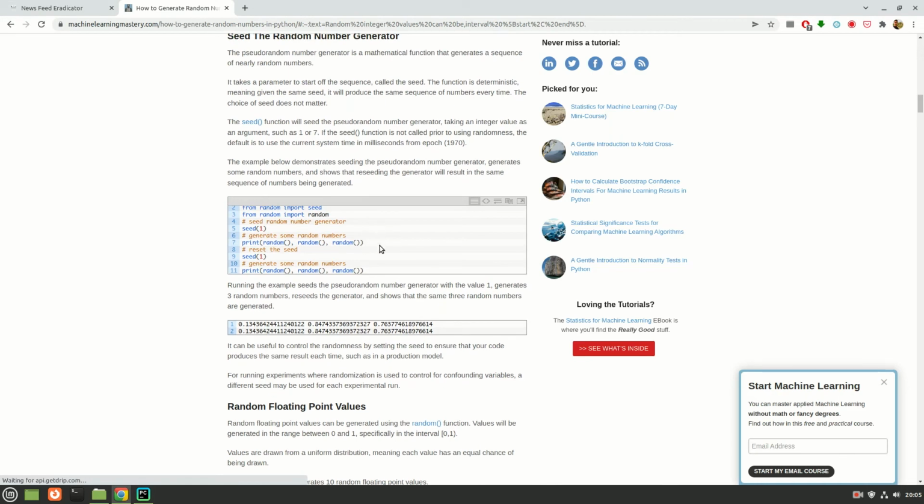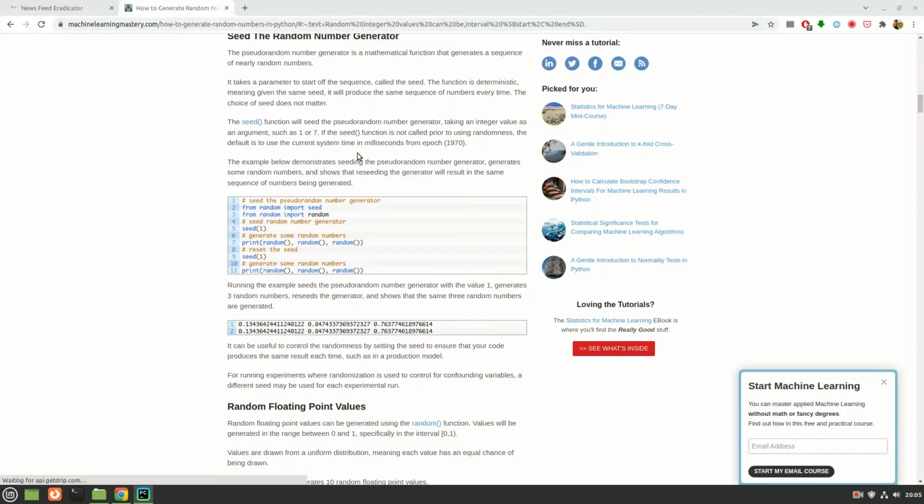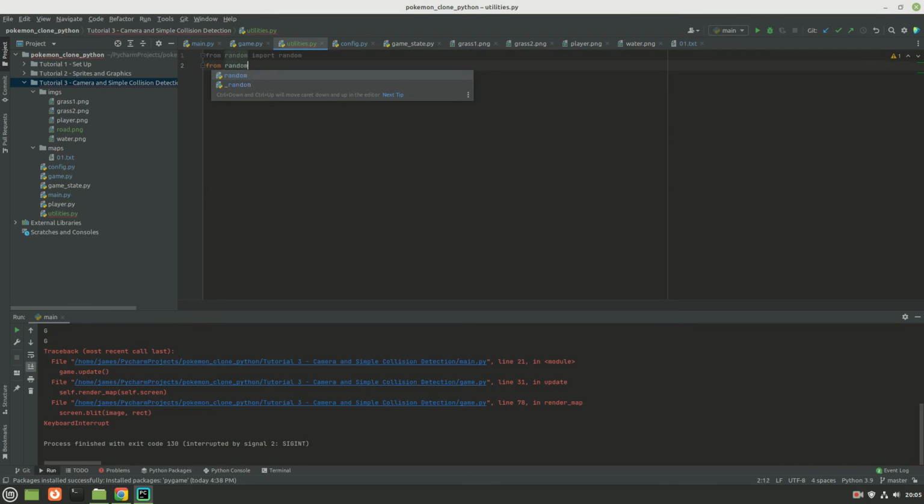And then, okay, so we need from random import random, and then we also need seed because that makes it actually random each time.